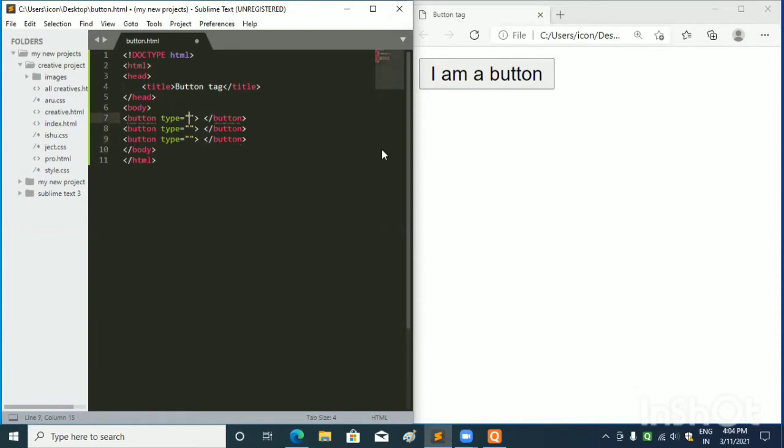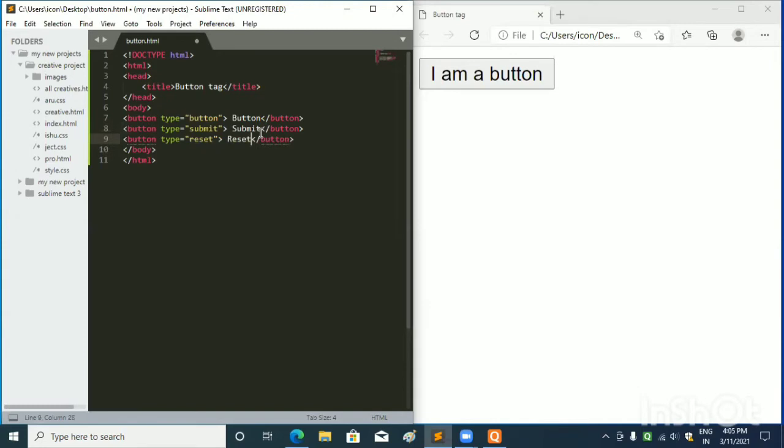In first type attribute I will write button, and in second type attribute I will write submit, and in third type attribute I will write reset, and I will write button in the first one here and submit in the second one and reset on the third one.